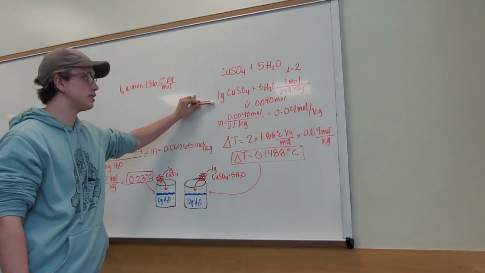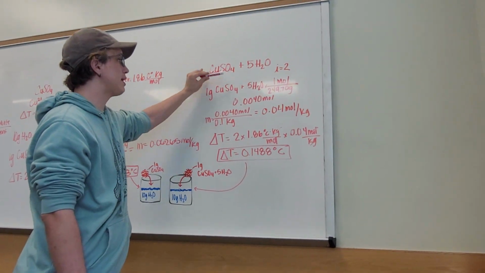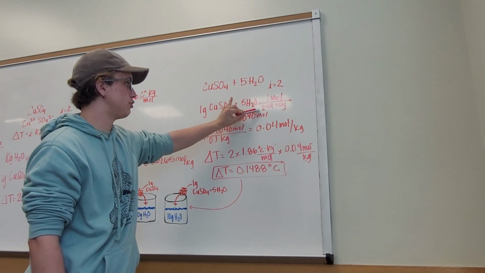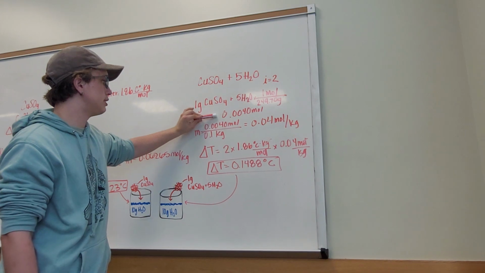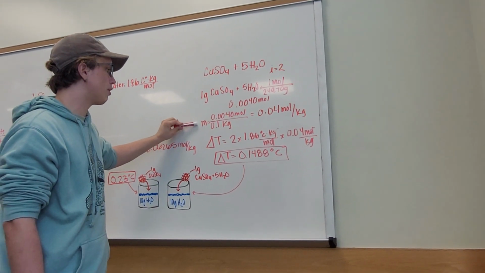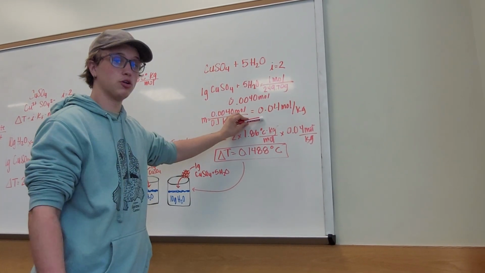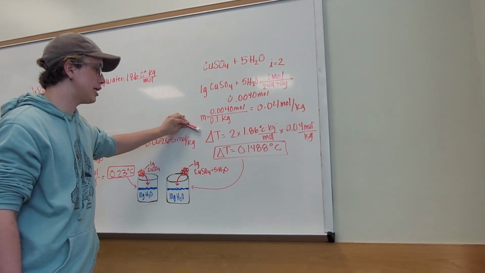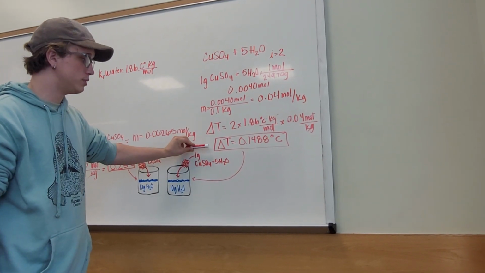We do a similar process over here, but instead of using the molar mass for just copper sulfate, we have to add the pentahydrate in, which gets us a molar mass of 249.70 grams. That gets us 0.0040 moles. And then we do the same thing where we get molality by dividing moles by kilograms. Gets us a molality of 0.04 moles per kilogram. Plug that into the same equation, and that gets us a freezing point depression of 0.1